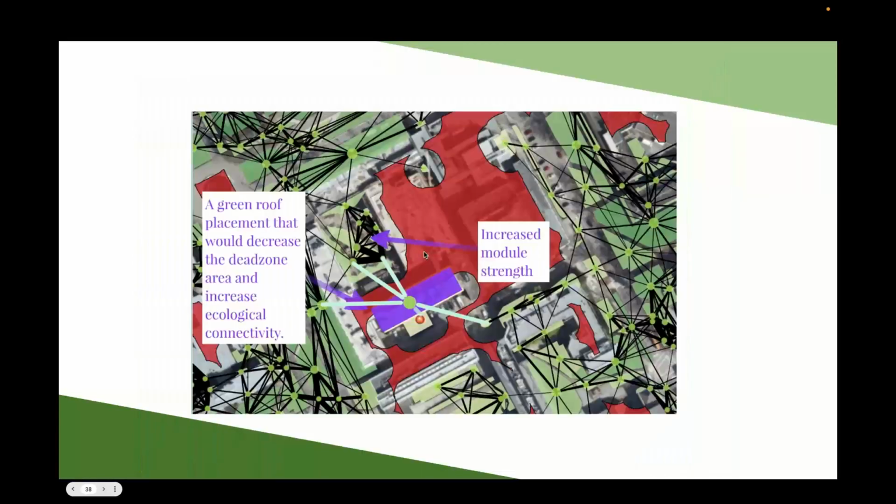Green roofs can act as stepping stones that can increase the strength of a module and reduce the dead zone area on campus. There are many other benefits of biophilic design elements like green corridors and stepping stones. Urban forest cover helps to reduce the urban heat island effect. Therefore, hot summer days, which are increasing in frequency due to climate change, will be more tolerable and less likely